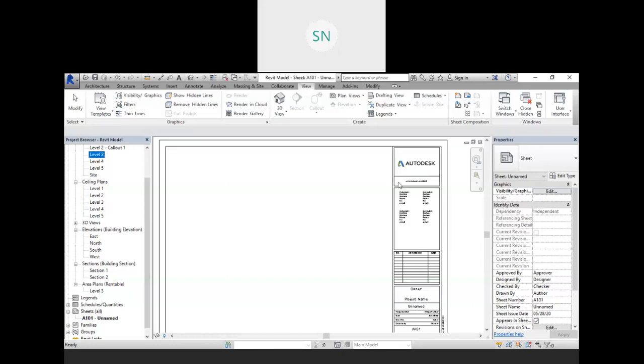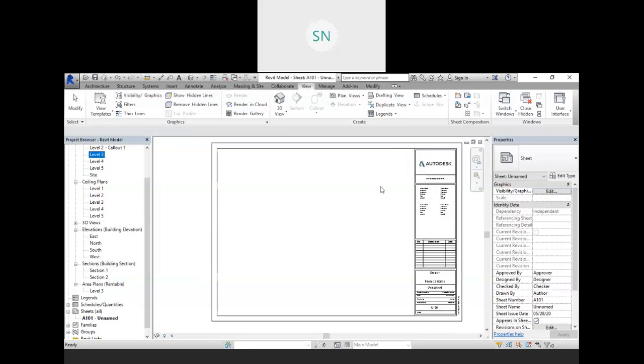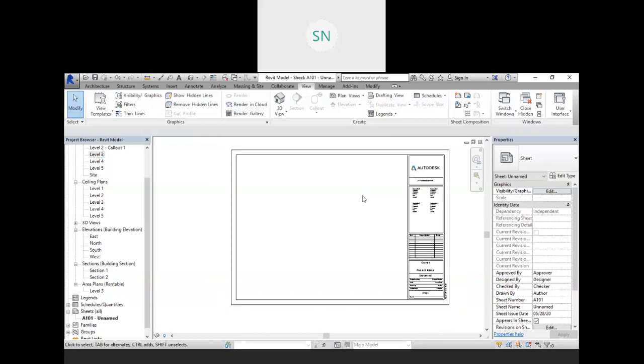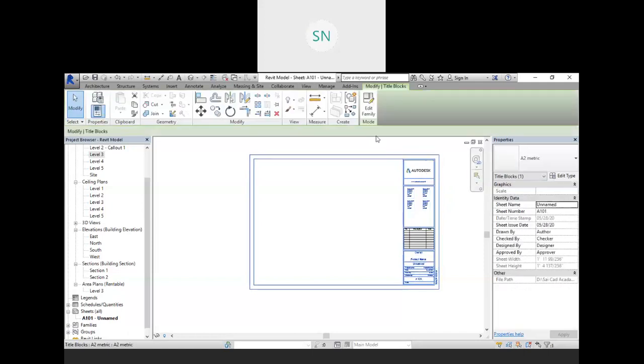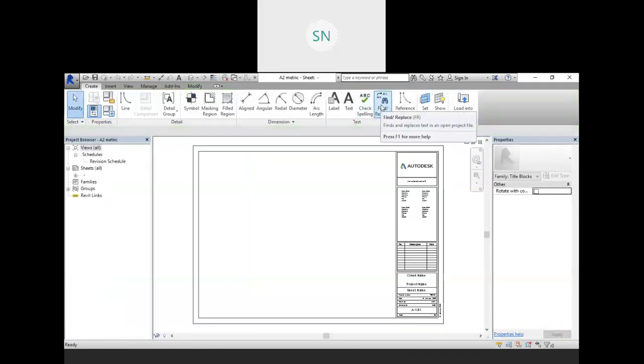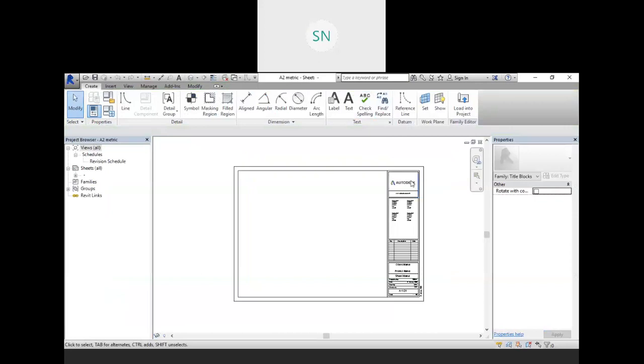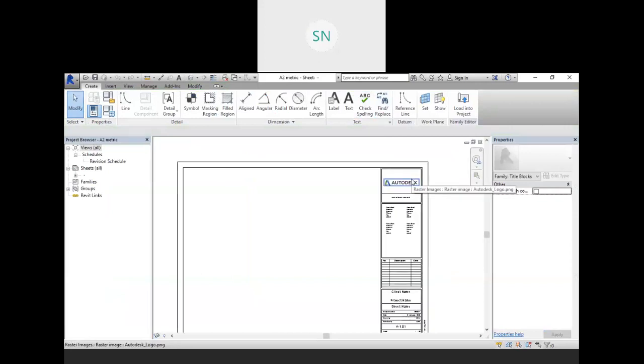Now first of all, how to change the format or the layout of your drawing sheet, right? For that, just select this layout, and click on edit family, and you can edit your layout over here, or you can create an entire new layout also.